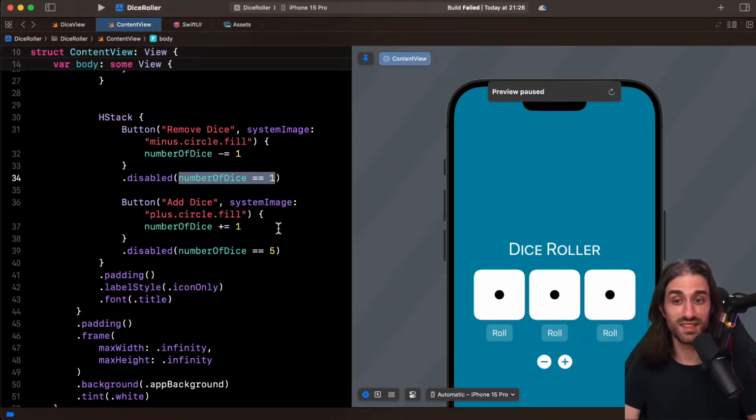But in production, a button that can never be enabled should never be there, because it means the closure can never be called. So maybe make it a text in that case, but don't make it a button. So it makes sense that there is no shortcut with a default value of true.